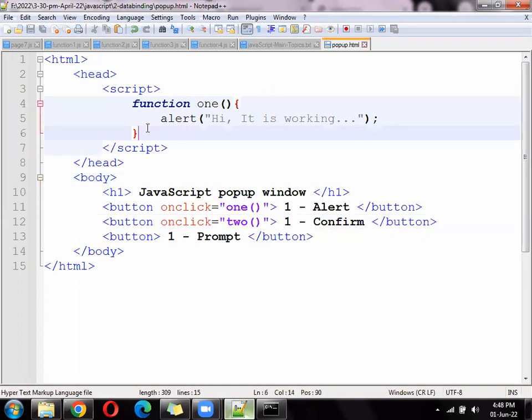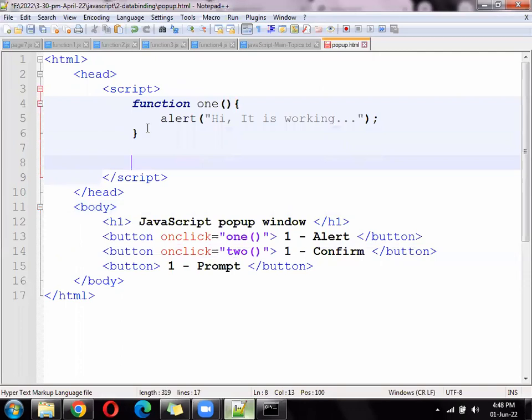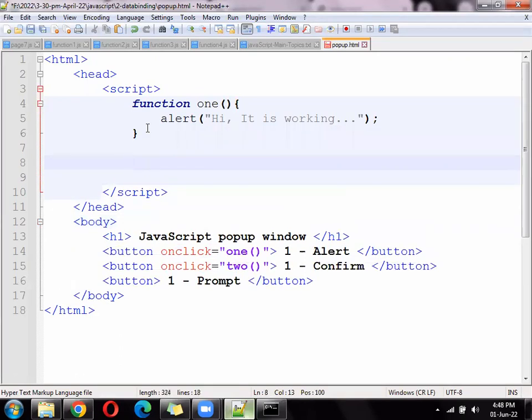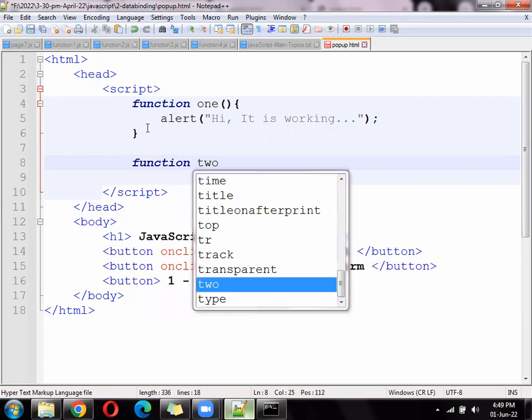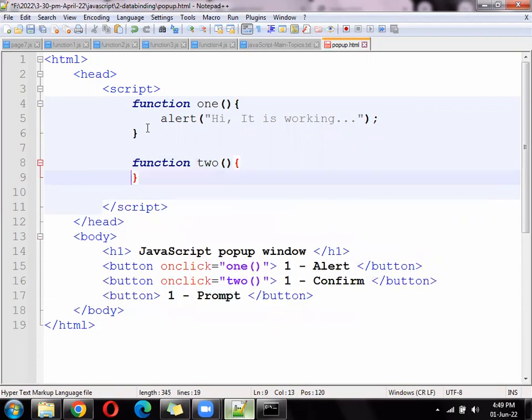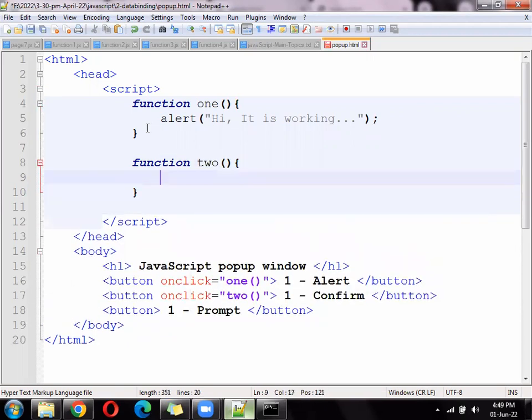Inside function 2, we'll do something else. Inside function 2, you can write here